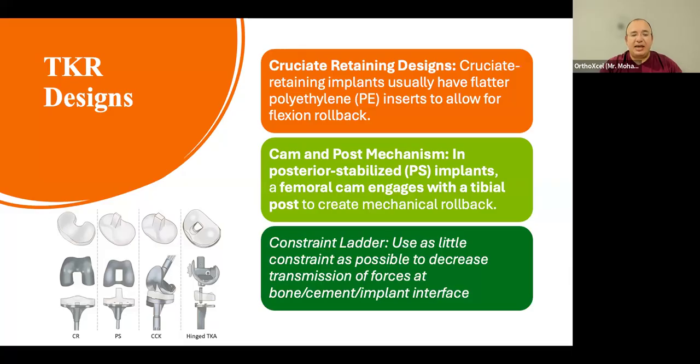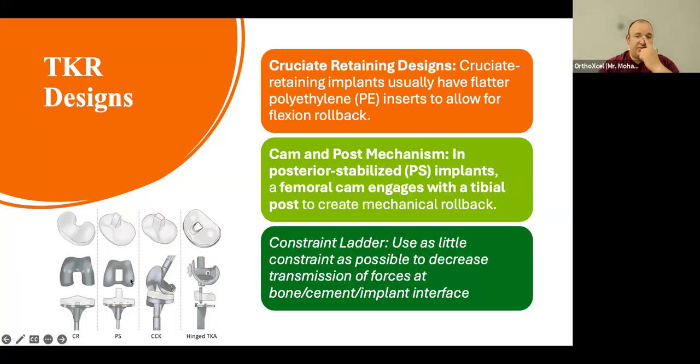This is the cruciate retaining implant, which you see here on the left side. As you can see, you're just doing a surface replacement. You replace the femur, replace the tibia, put a tibial insert in between them, and that's it. You maintain your PCL. The ACL is gone, but you maintain your PCL, your ligamentous structure of the knee normal, your biomechanics of the knee normal, your proprioception of the knee normal, and you do a normal slope, which gives the patient normal femoral rollback and normal flexion, because you don't worry about posterior translation of the tibia since the PCL is functioning. The second option is PS, which is